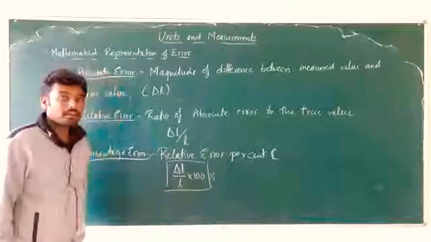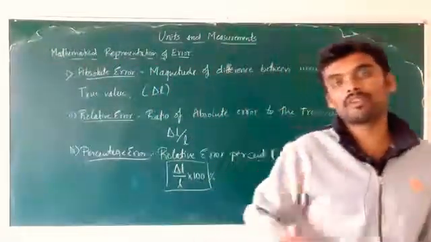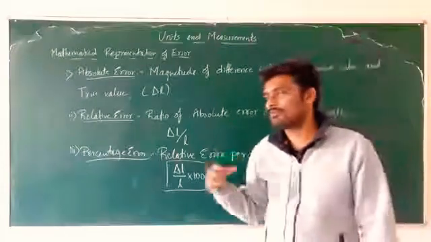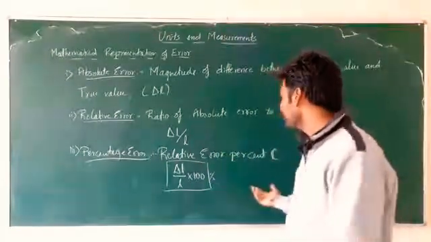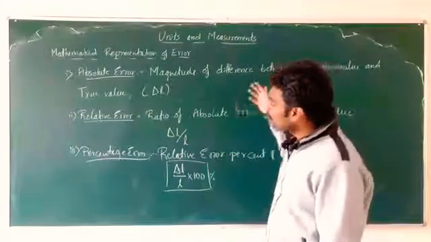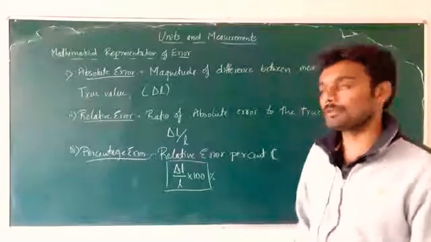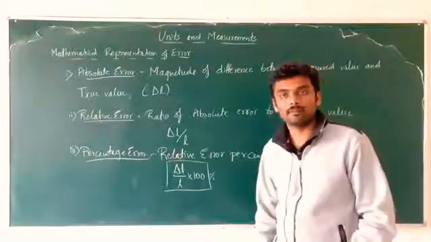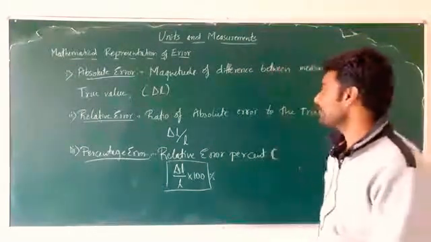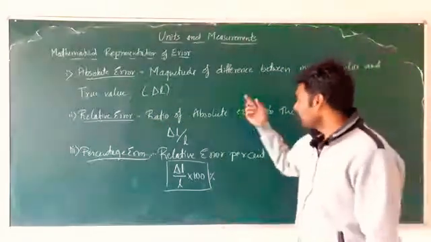So, now we can say the error is 3%, the error is 2%, the error is 1%, the error is 5%. That's how it is easy to express, isn't it? We make use of all these three ways of expressing errors in numerical problems, which we will take later after the completion of theory. And this is how we represent it.